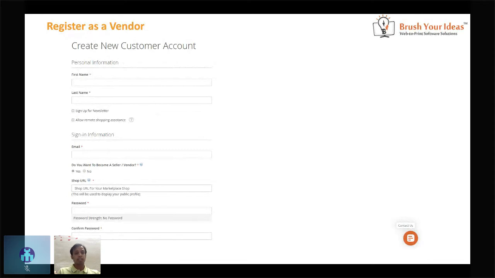Now they just need to select the option of whether they want to become a seller or vendor. If they choose the no option, they will be registered as a normal customer, an end consumer, an end user. If they choose the yes option, they just need to put in the URL for their web page. For example, your website is running with the xyz.com domain.